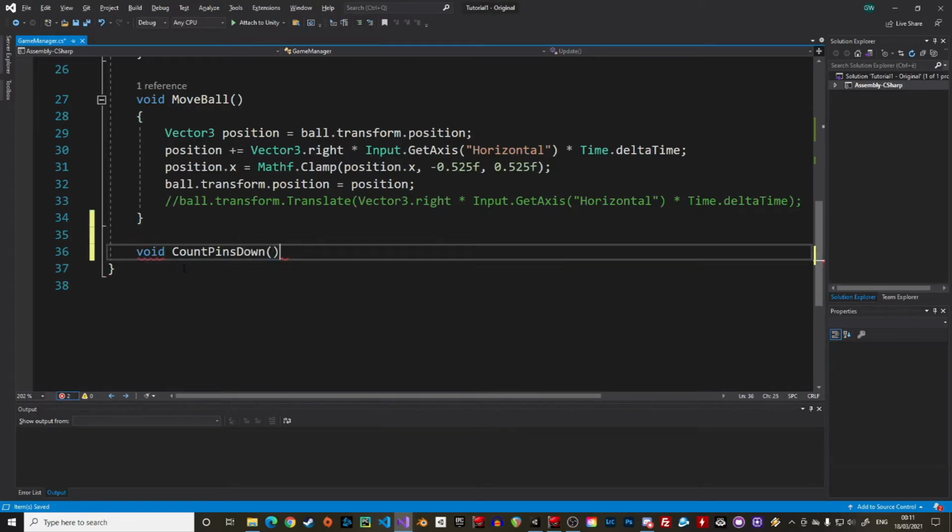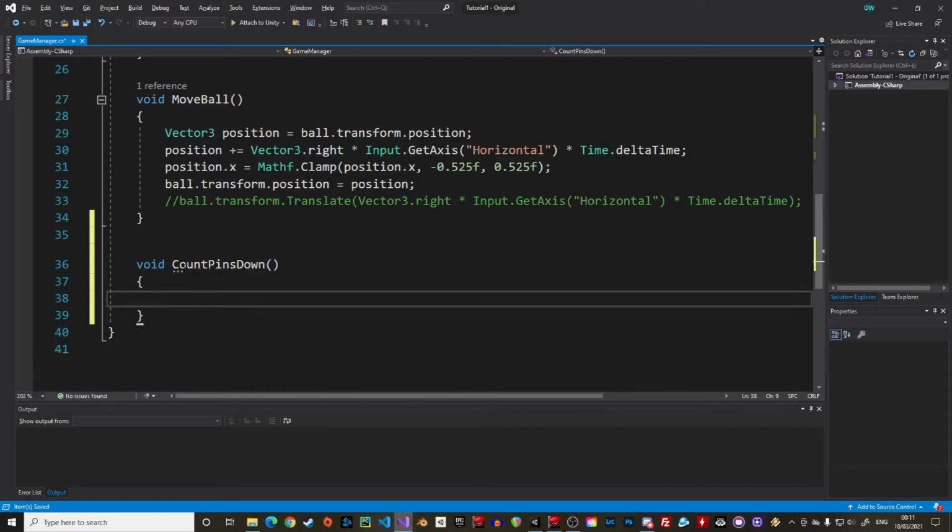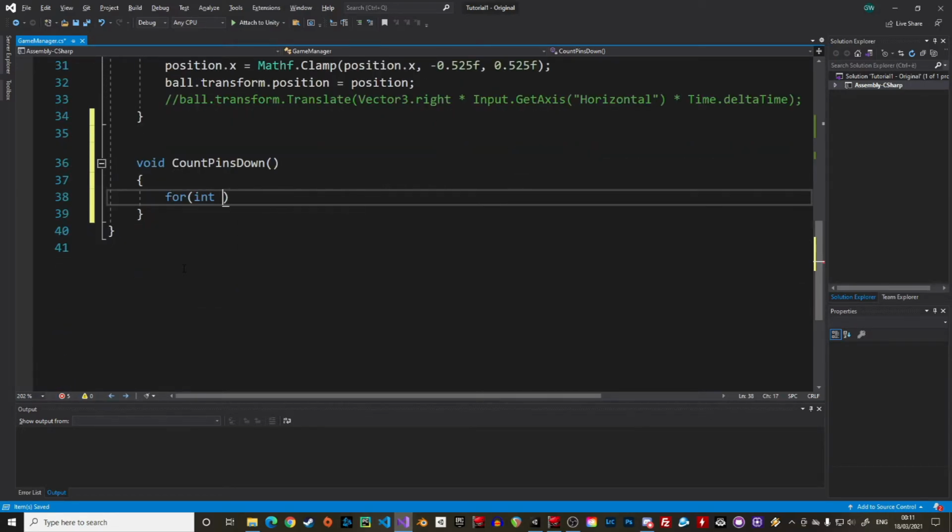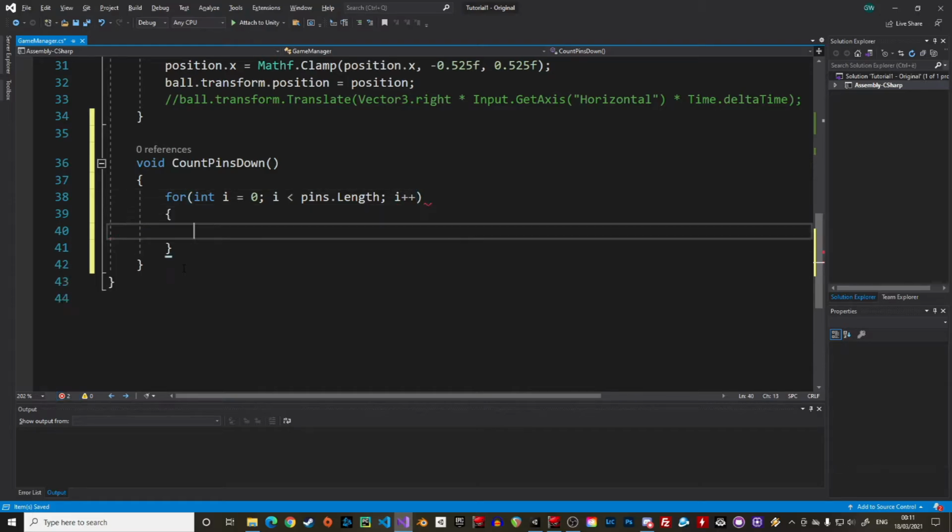For that we can use a for loop and check for each position in the array if the pin's rotation is smaller than -5 or larger than 5. We don't actually use the rotation value, which is a quaternion, but the Euler angle instead. Working with rotation in Unity is always a bit tricky. The Euler angle value is between 0 and 360, so we check that our angle is actually larger than 5